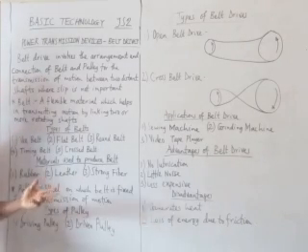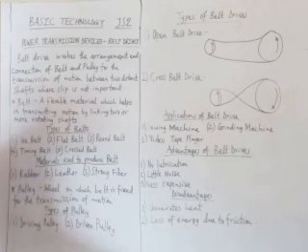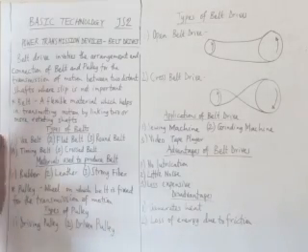Now, let us quickly look at the disadvantages of our belt drive. The main disadvantage is that it loses energy due to friction. In as much as I've said that the effect of friction is not that much, that is not to say that friction is not in existence. In as much as there is contact between the belt and the pulley, some amount of friction is produced. I said in the previous class that friction will always cause energy loss in any device.